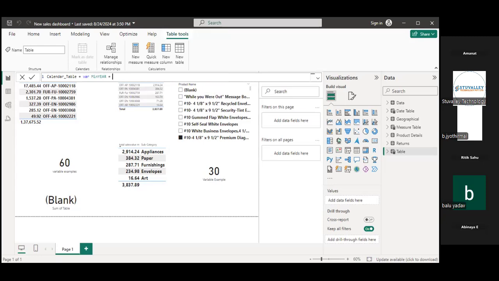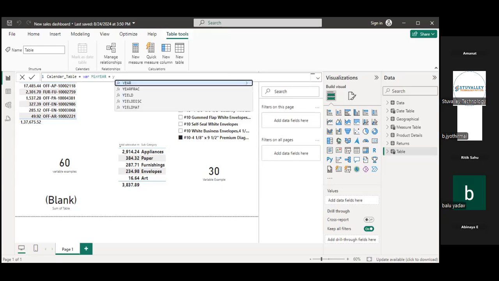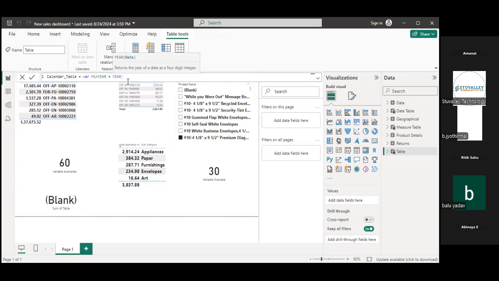In this variable, I will use one more DAX function, that is YEAR. Does everyone know what the use of YEAR is? With the help of YEAR, we are able to extract the year from a date. If we have a date column and our requirement is only for year data, then with the help of the YEAR function we are able to extract it. Also, we are able to make one more new column. We have a month column, a date column, and a year column. So with the help of this year column, we are able to create one full date column.